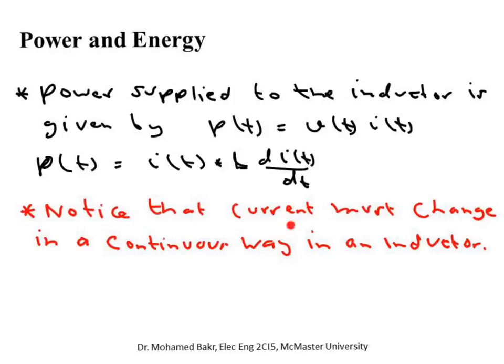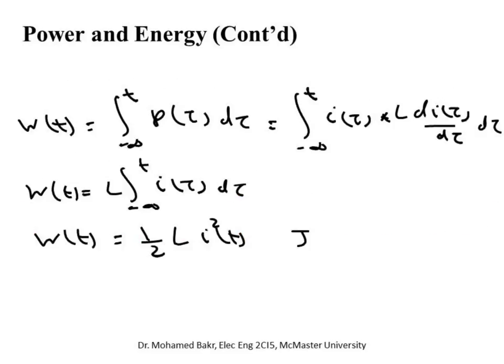This expression simply says what I stated before, that the current going through an inductor has to be continuous, while the voltage across the inductor can be discontinuous. It is the other way around when we talk about capacitors. This is a very simple derivation, not any different from the one we did for capacitors. To get the energy at any time t, you integrate the power from minus infinity to t. We assume there was no power at minus infinity. You multiply the current with the voltage, but the voltage is equal to the inductance multiplied by the rate of change of the current. d tau will cancel d tau, and you can integrate relative to